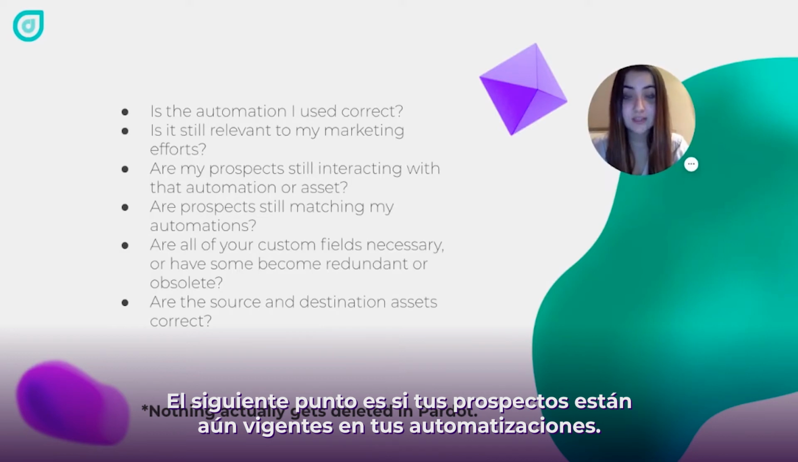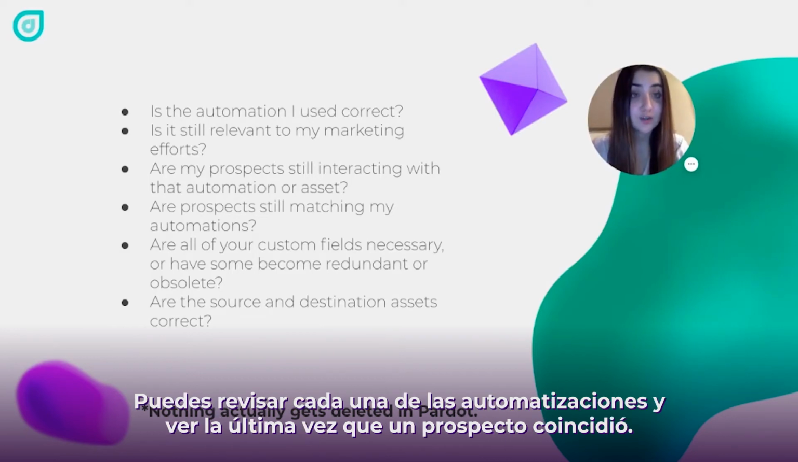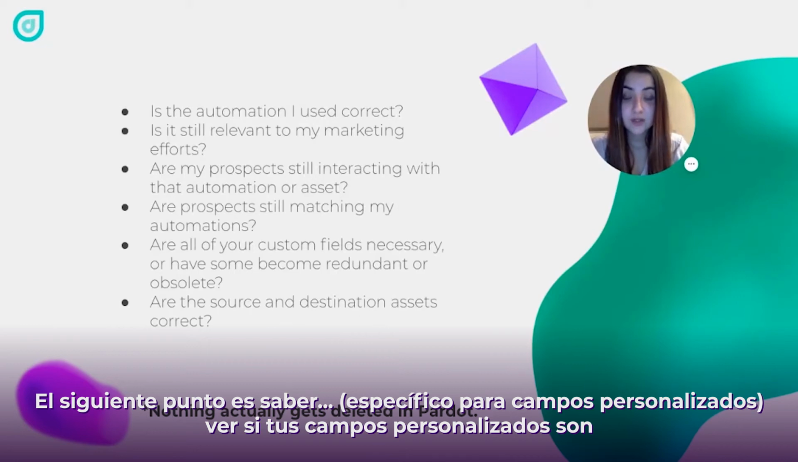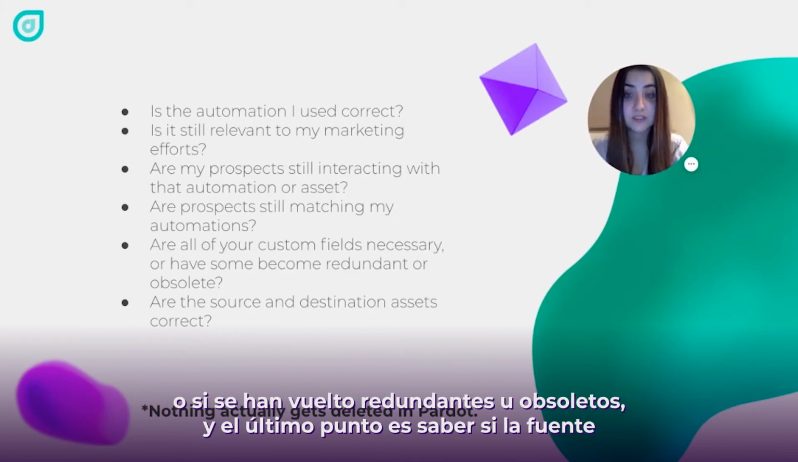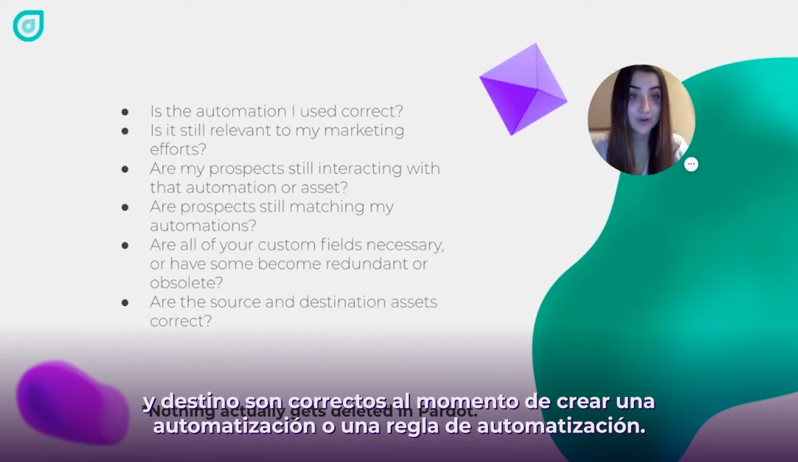The next point is if your prospects are still matching your automations. You can go into each one of the automations and see the last time a prospect matched. The next point, specific for custom fields, is to see if your custom fields are still necessary or if they have become redundant or obsolete. And the last point is to know if the source and destination assets are correct when you create an automation